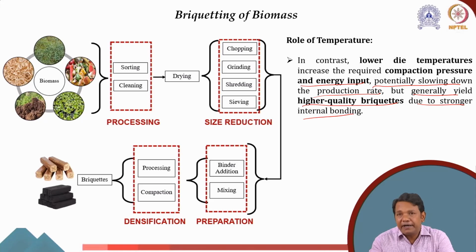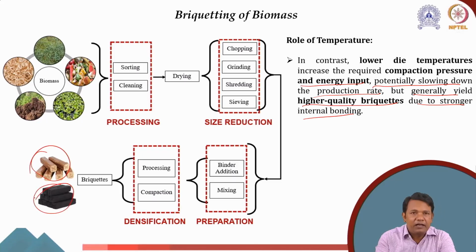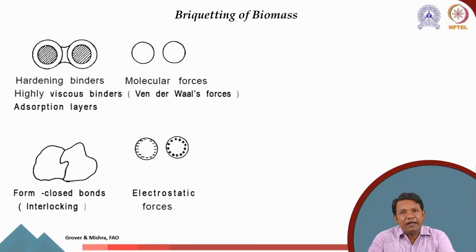Again, it depends on where we are putting the carbonization furnace. Sometimes we put it before this, sometimes we put it after this. But anyway, briquettes can be in this form or in this form. Now, as I said, if you remember, the binders have a very important role, which I discussed. So what do binders actually do, and what kind of forces act while we are making the briquettes? What kind of forces act in a briquette?